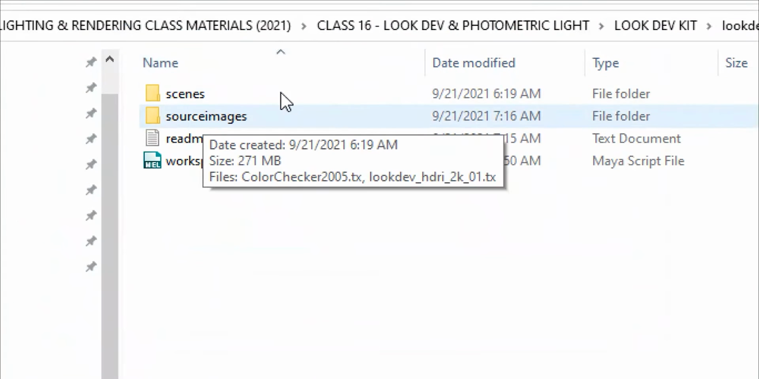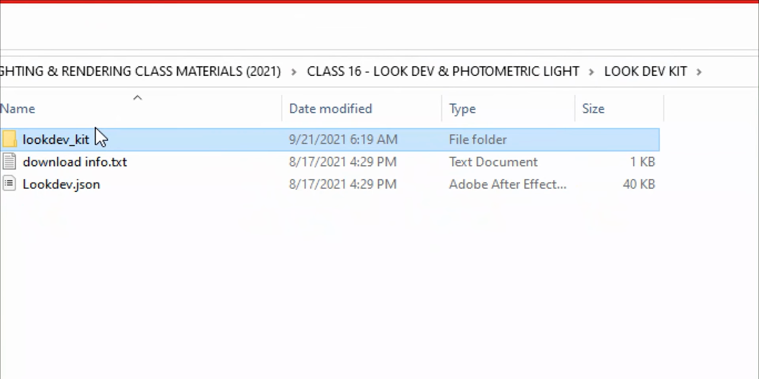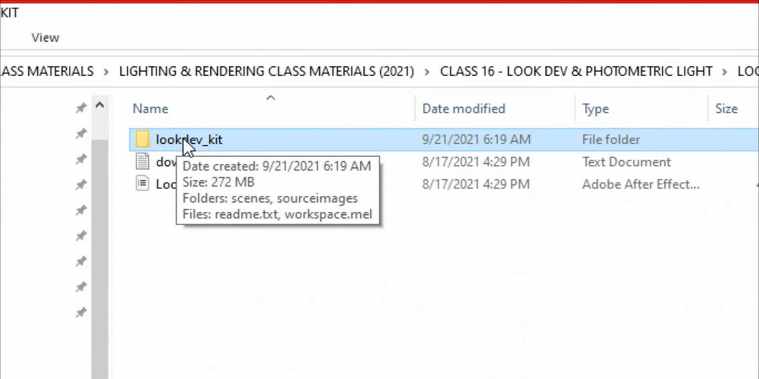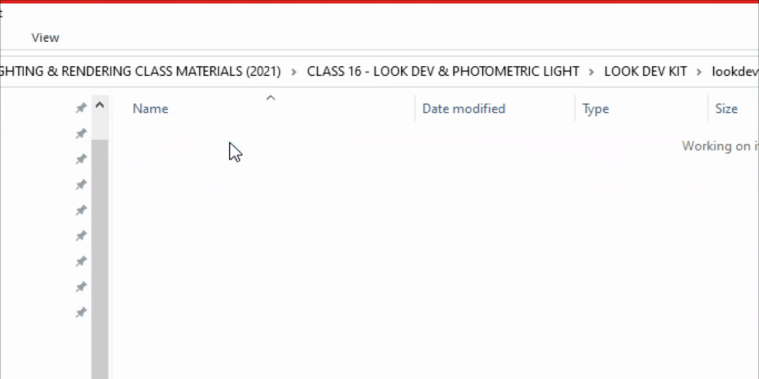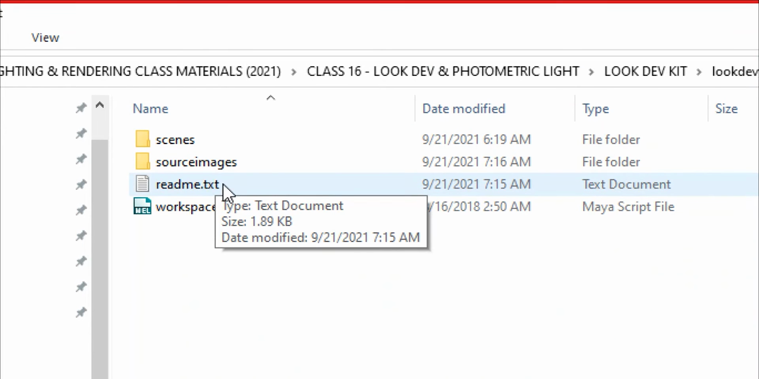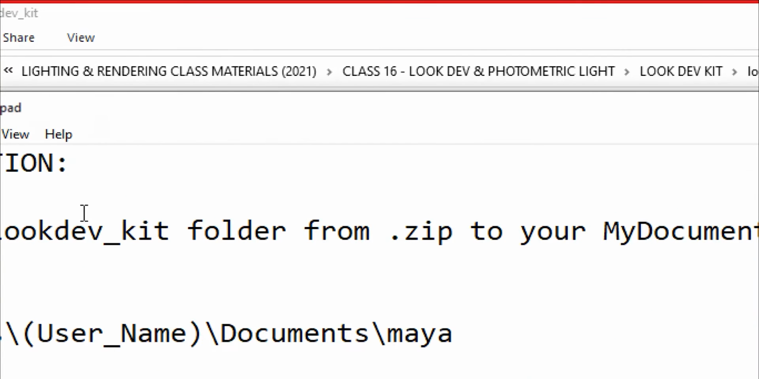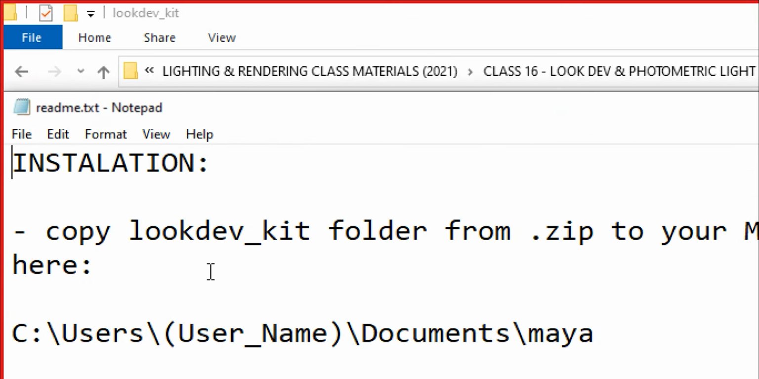So look at this. When you open the folder or when you extract the 200 MB file, you'll get a look development kit. And when you open it again, there you can find a README text. Okay, please open the README text. And the first one it would say is,